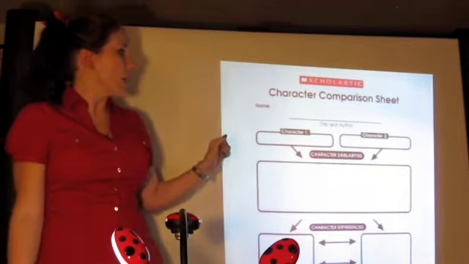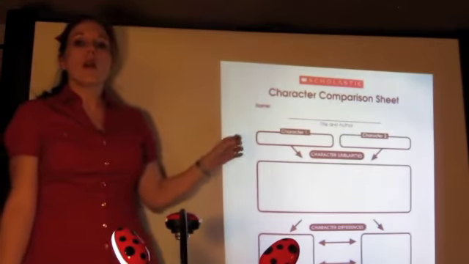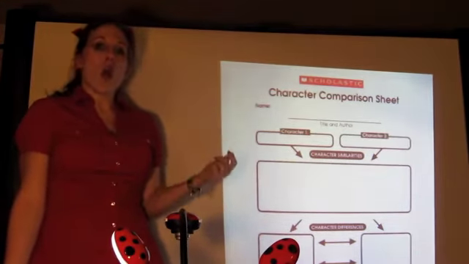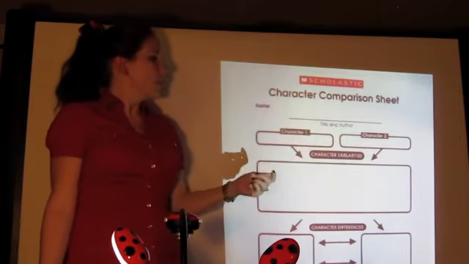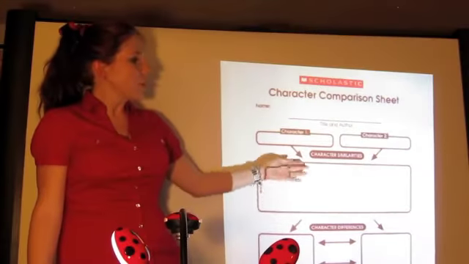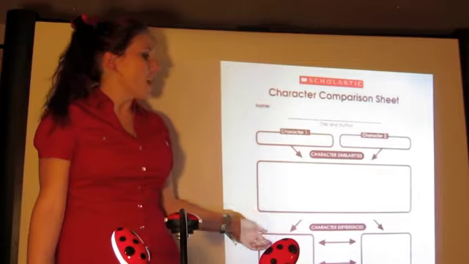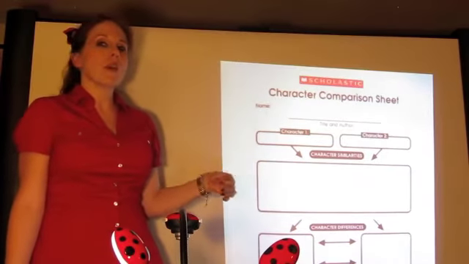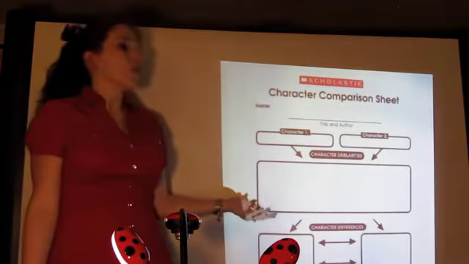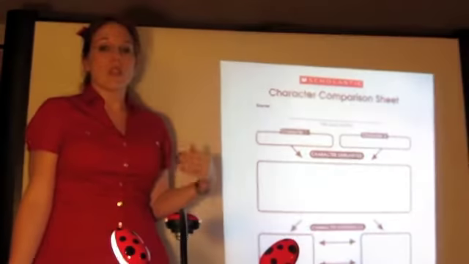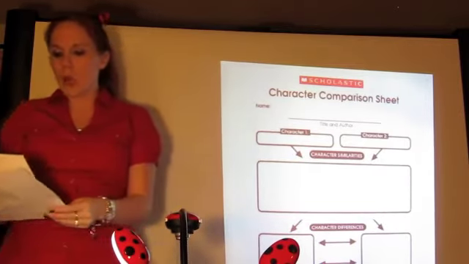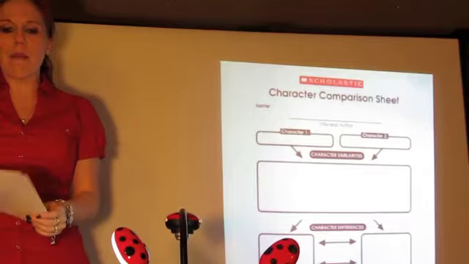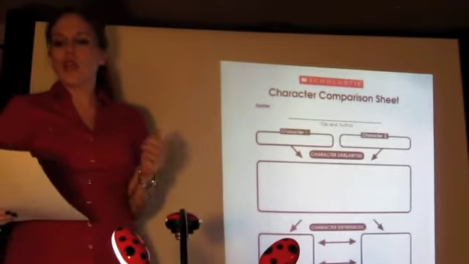What they'll do is write the title and the author. They're going to compare what they already know about Drita and Maxie. You're going to write their character similarities and their character differences. This is going to help them do a narrative writing that you're going to ask them to do in a few minutes. So after you give them about 10 minutes to complete this task,